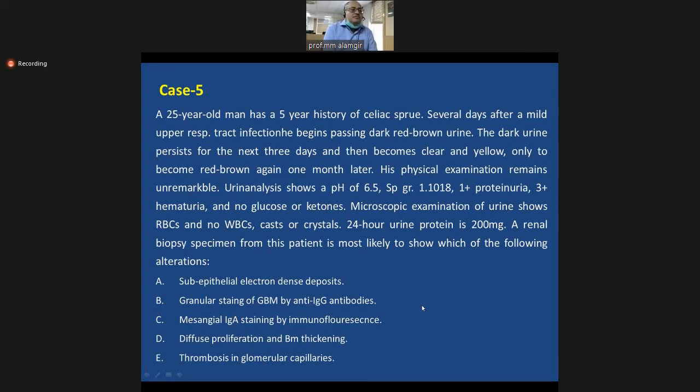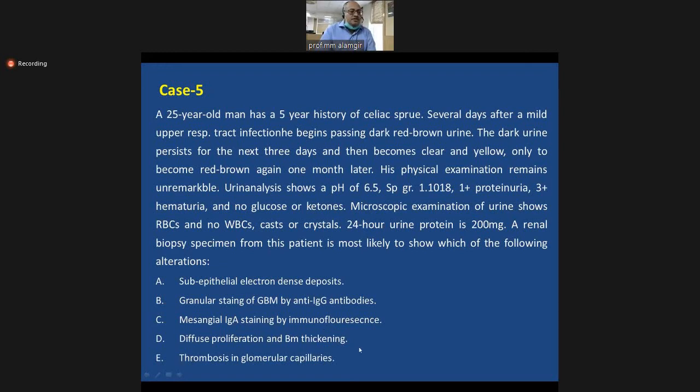Then we have IgA deposition. And IgA in this patient must have been formed against this upper respiratory tract infection, or it could also be generated. There is a predilection of patients who already have celiac sprue to this sort of glomerulonephritis. So the antibodies which are formed against the upper respiratory tract infection, because we know that IgA is a mucosal antibody, it may get deposited, especially in the mesangium, and cause this disease process.